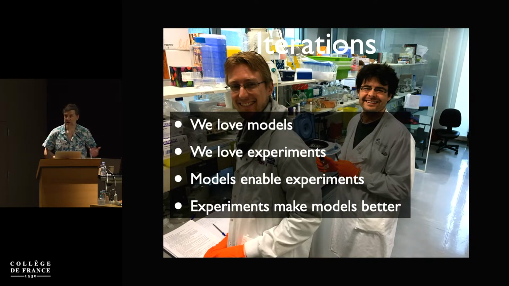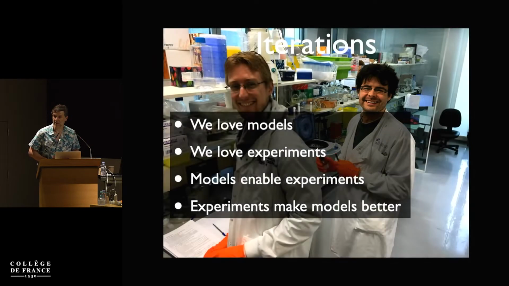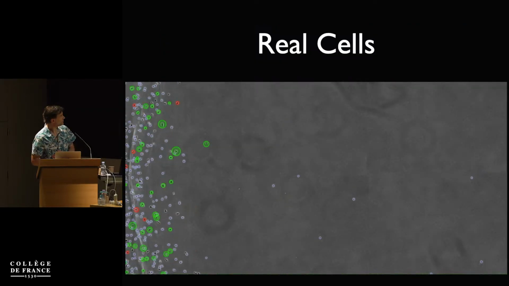And so we love models, we love experiments. Here are two, I showed you a picture of Luke on the right. Matt on the left was a mathematician. I made him do experiments. He didn't like them. So Matt is still a mathematician. Luke is now the best microscopist in the group. That's fine. That's the way to do it. Models make our experiments better. Our experiments make our models better. We try and make everyone do both to some degree, because if you do both to some degree, then you understand.